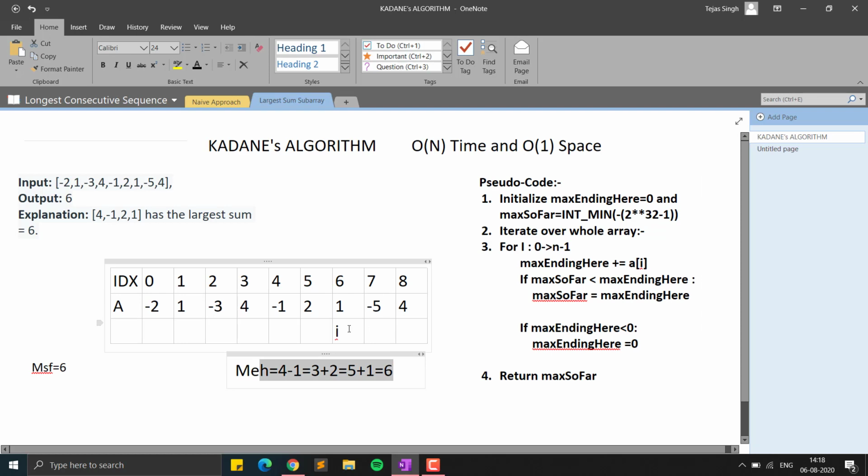So now I will iterate to the next element, that is -5. So now we will add -5 to this. Okay, so 6 minus 5 is 1. We will check if max so far is less than that. No, it is greater than the max ending here. So we will check, this is not less than 0, so it will stay as it is, and I